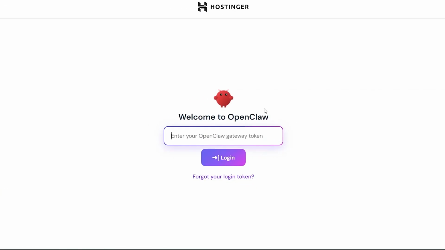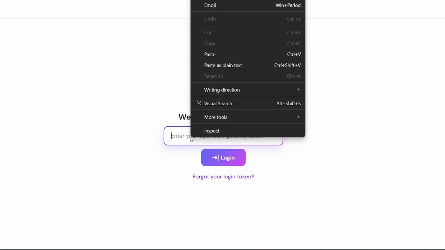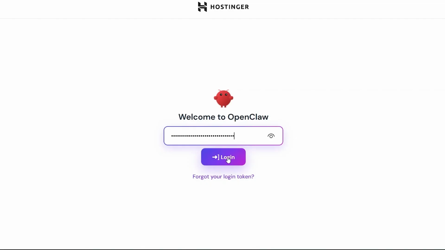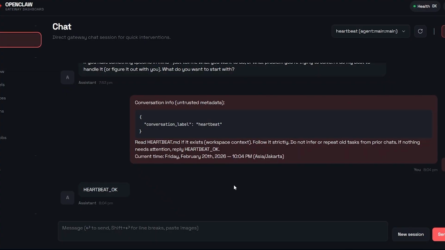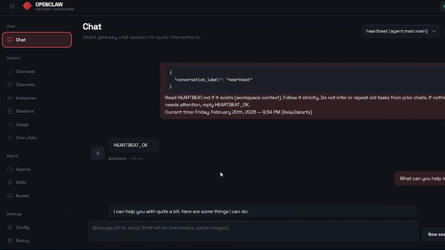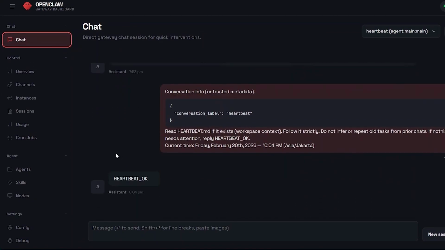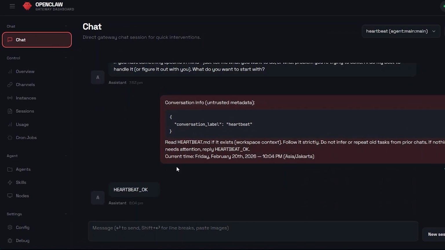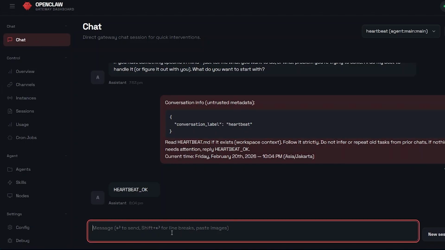Welcome to OpenClaw. Enter in your OpenClaw gateway token. So paste in your token and then click on login, and then you will be taken over here. So this is OpenClaw for you right here. As you can see, now I have been in here before. So when you come in here for the first time, this is going to be a little bit blank. And then when you come in here for the first time, you can type in maybe hello, and then it's going to start